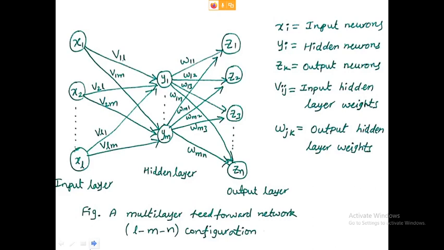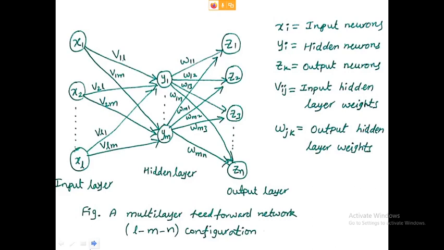In the hidden layer, the corresponding neurons are Y1, Y2 and so on up to Ym. Here, the input neurons are not directly connected to the output neurons. Input neurons are connected to the hidden layer neurons, which are Y1 to Ym.